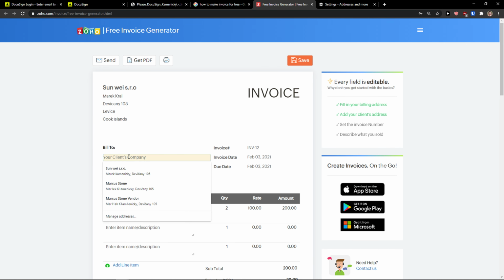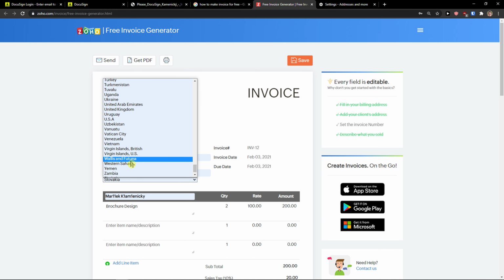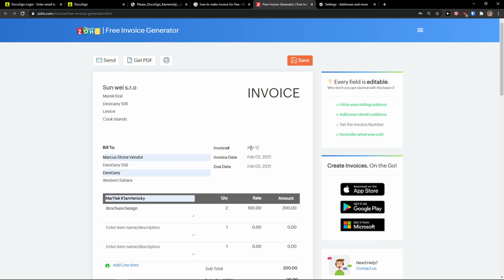Now bill to, you just add here the company of, like, who do you want to invoice? Let's go with vendor, and I'm going to add Western Sahara, right? Now you're gonna create invoice here, and invoice number 12, or you can go like 2021, and